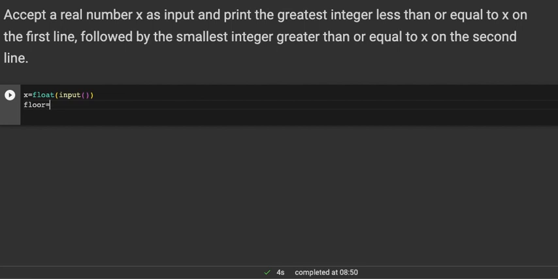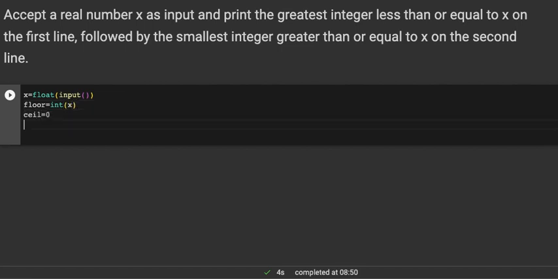So now let's define something else. Floor equals integral of x. Similarly, we will define something called ceil, which we print as output as the smallest integer greater than or equal to x on the second line. So now we have to take two scenarios. If x is greater than or equal to 0,